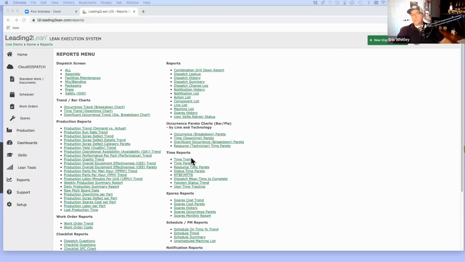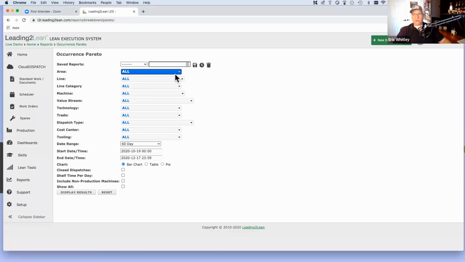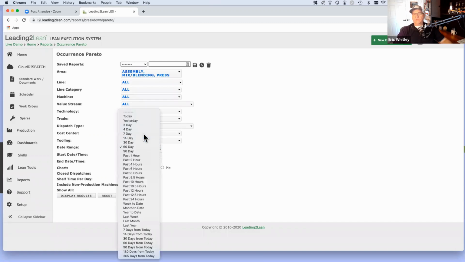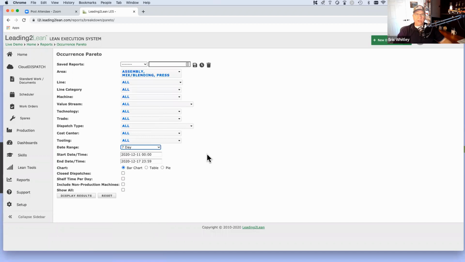Okay. So let's say I want to do this Pareto chart, and let's say I want to look at assembly, and I want to look at blending, and I want to look at the press department. So these are my 3 departments that I look at. And every Monday morning for last week, I have to create a chart for my boss, right? So what I'm going to do is set this filter. The first thing I'm going to do is set the filter, and I'm going to say, all right, so this is